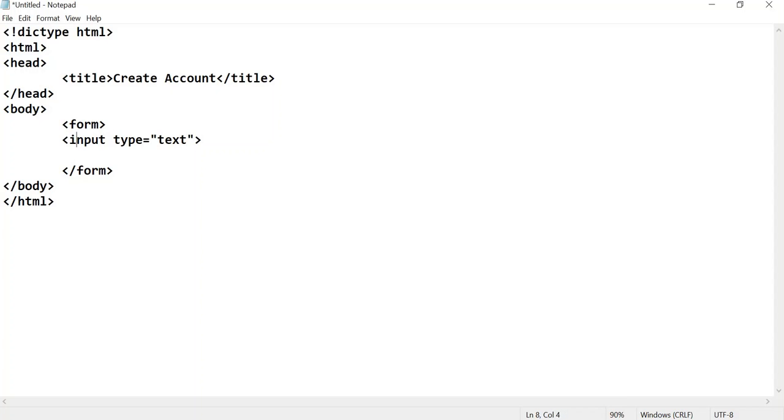Before that let me add a label, not username, enter name. It looks cool if you add it inside a paragraph tag, opening paragraph tag and closing paragraph tag.